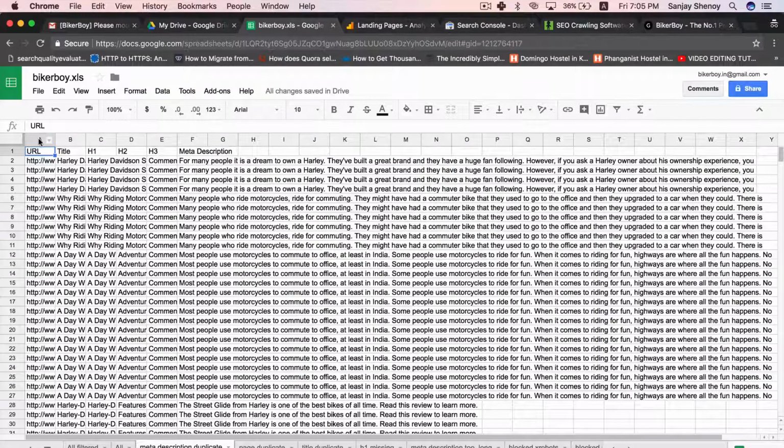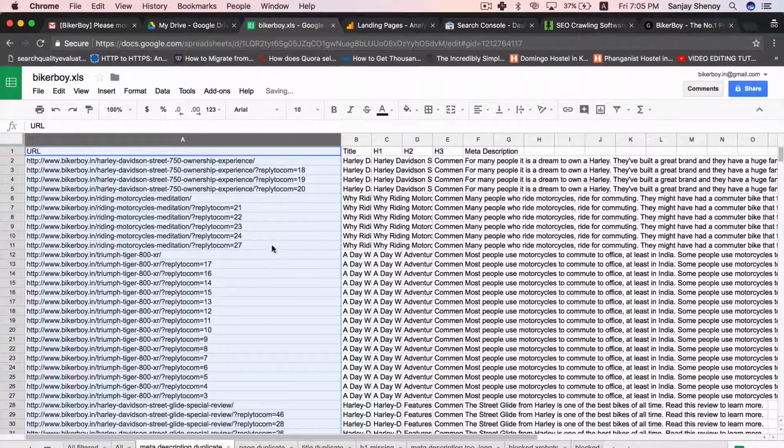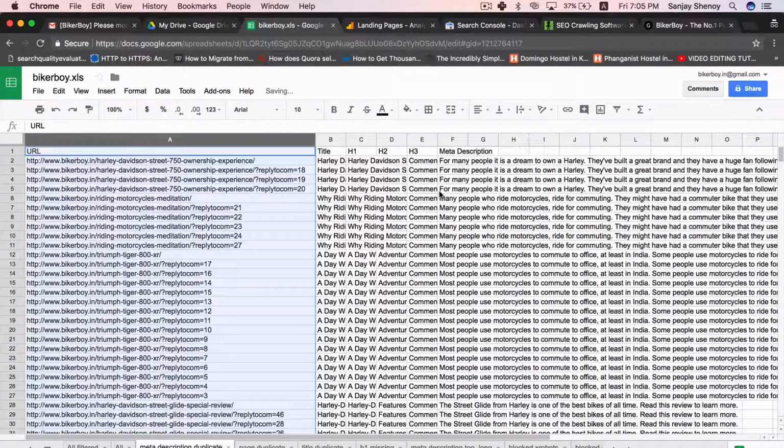As you can see here, about 32 it says is duplicate, but I'm guessing it's all the comment links. So yeah, most of them are like comment links. So this is not getting indexed anyway, so I'm not worried about a duplicate meta description being here. So this is very important for you to do, because this will show you everything about every single page that